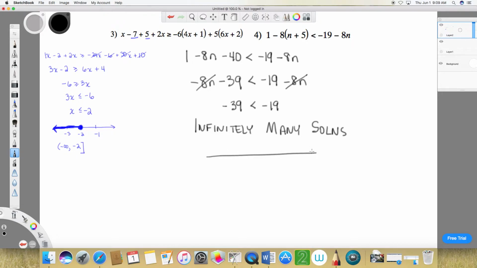So if I sketch this, I'm sketching the entire number line. Everything. So maybe a better answer than infinitely many solutions is all real numbers. Because there were infinitely many solutions over here, from negative infinity to negative 2, that's infinitely many real numbers, but here it's the entire number line. So to write this in interval notation, since both arrows are shaded, and we go smaller value, comma, larger value. That's how we represent in interval